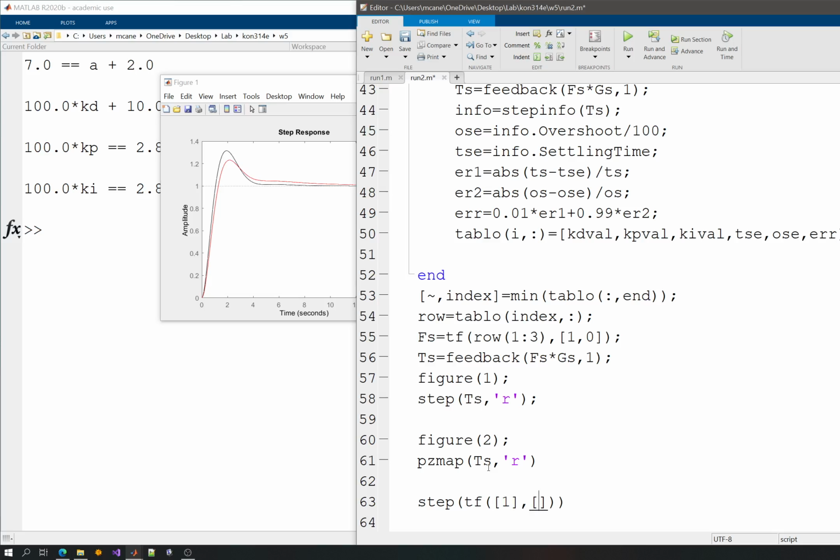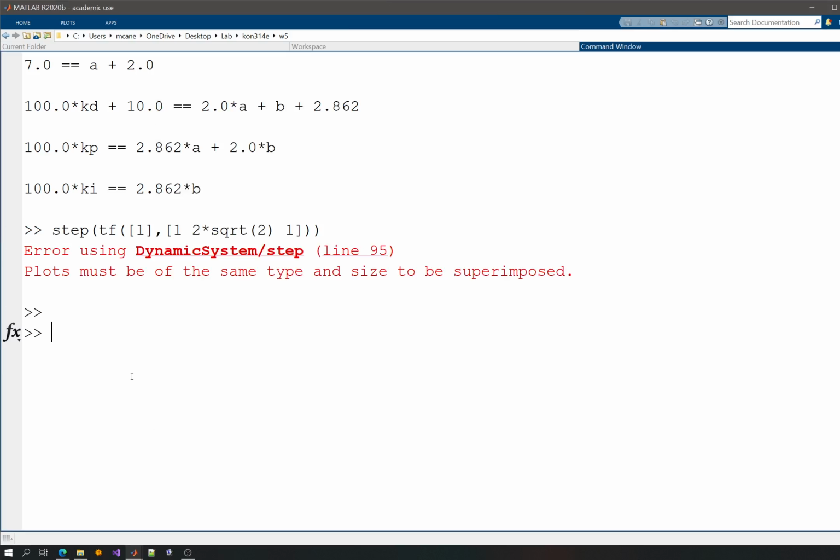Let's say omega n is 1. You will have something like this, and I guess, hopefully I'm remembering it right. And this should be the response that will resemble